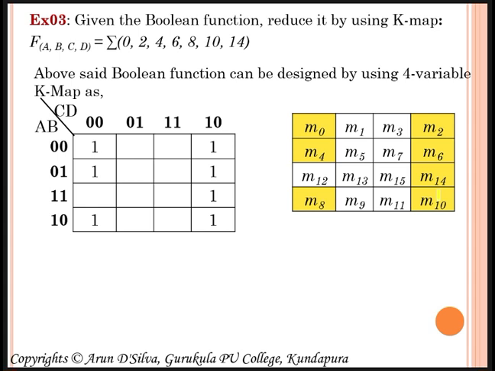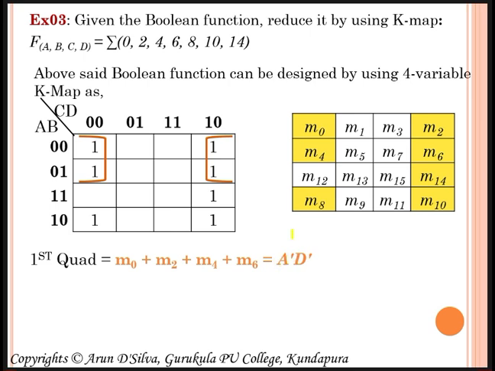Now from the K map, how to reduce the terms? First we try to identify an octet. We are not finding any octet here. So then we move towards the quad. Let me identify the first quad, that is this one. These two ones I have taken from this side and these two ones I have taken from this side. So by making this square I can take a quad. Now quad 1 consists of M0, M2, M4, M6 min terms. The simplified min term of this quad is A dash D dash.